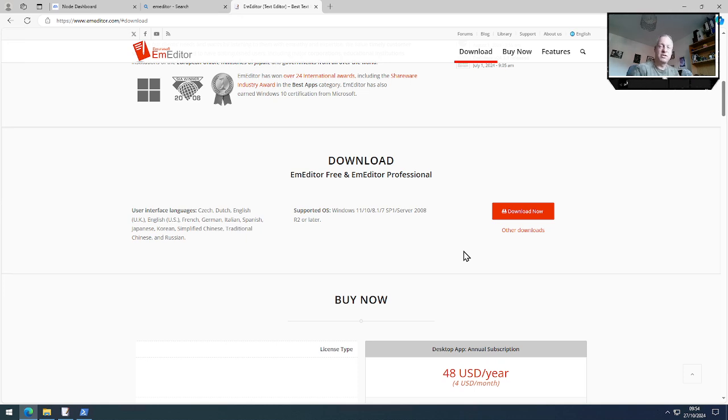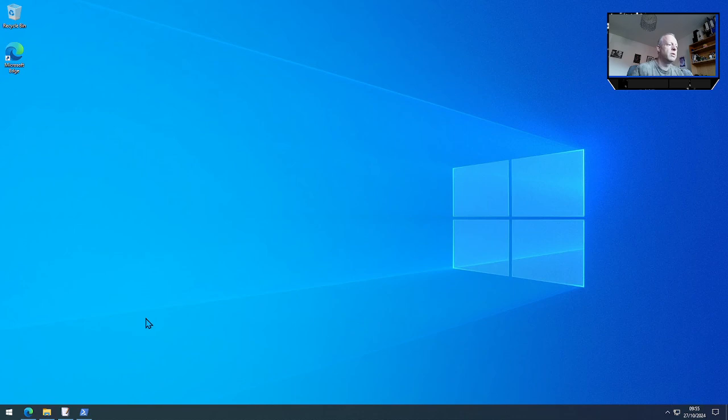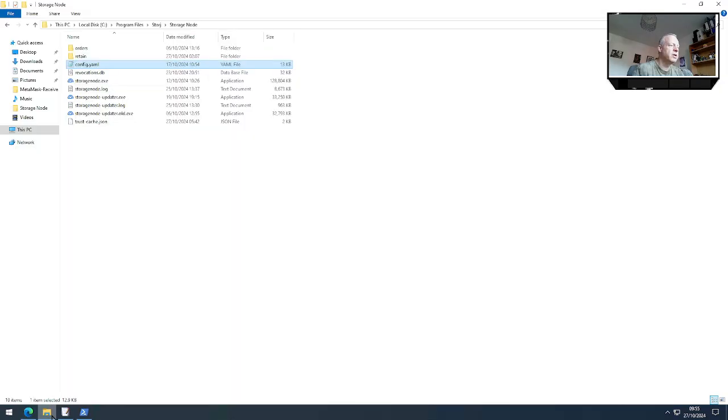As I say, once they get over a certain size, you've got no hope of getting them open in anything. XML, Notepad. I'm not even sure Notepad++ would do it either, but definitely not Notepad. You'd be hard pushed to find a better text editor than this to do the job for you. So just download the free version of that, and once you've got it, it's available to you to open the log files in. So if we go and have a look at my node directory,